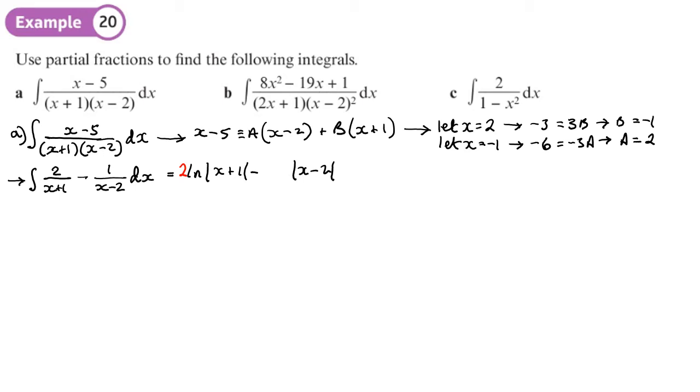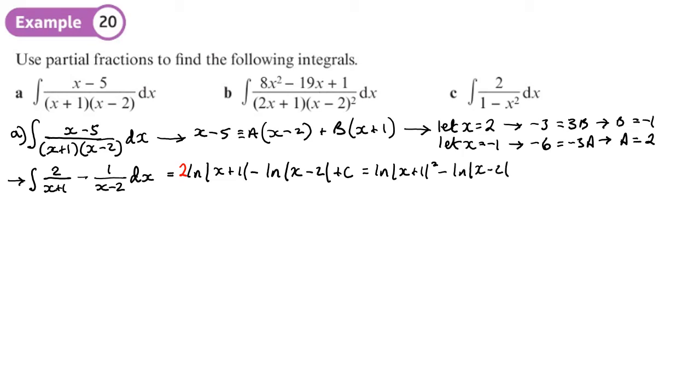So let's just move the whole thing over. Log of x minus 2. Didn't need the space. So log of x minus 2 plus c. Now we can leave our answer like that, or we can put the whole lot together as one log. I'll show you what I mean. So we could write the first thing as log x plus 1 squared minus log of x minus 2, and